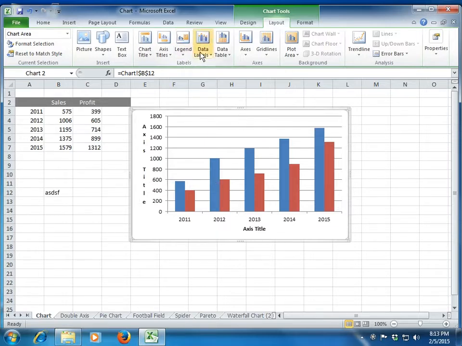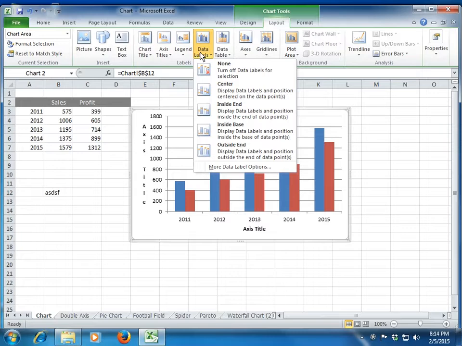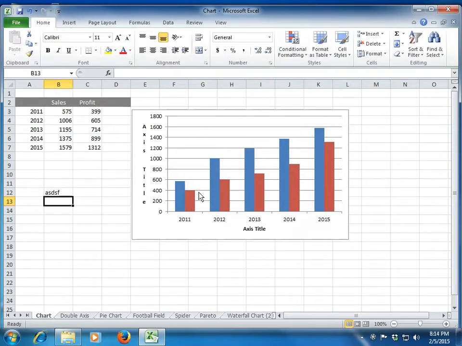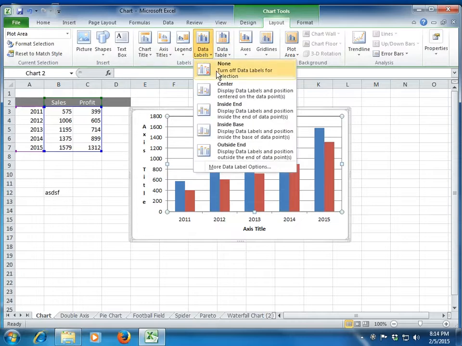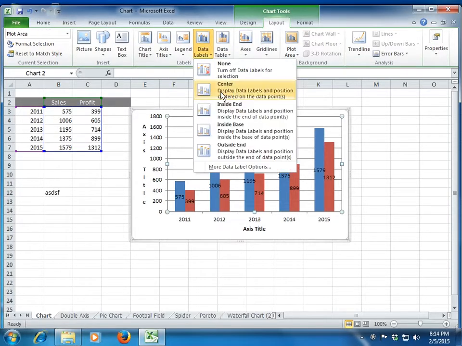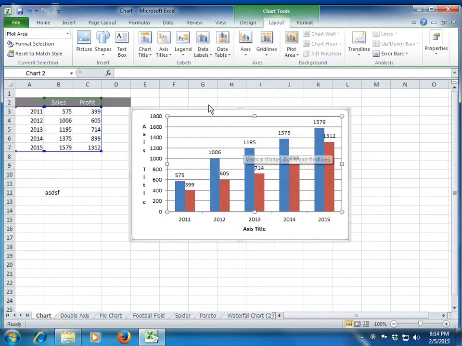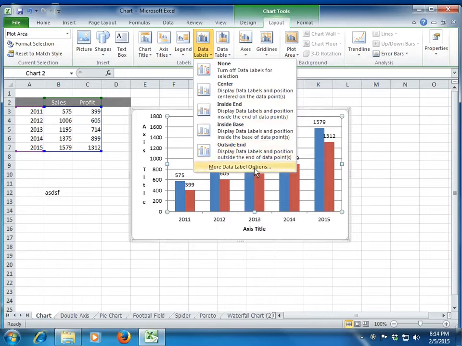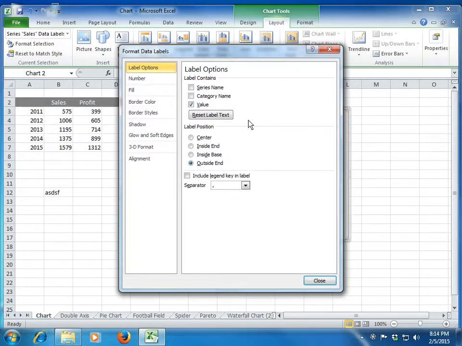Okay. Now this is data label. This is important again. Right now you see that my chart is only giving me the column bar, but it's not showing the value. I'll have to read the value by referring to the y-axis. But if you want, you can also label your data. You can also decide the placement of the values, whether it should be in the center. You see that all the values are now at the center of the bar. Or you can choose inside end, so it will be inside but at the end, or you can choose outside end. You can choose one of these options. We will understand more label options in a while.